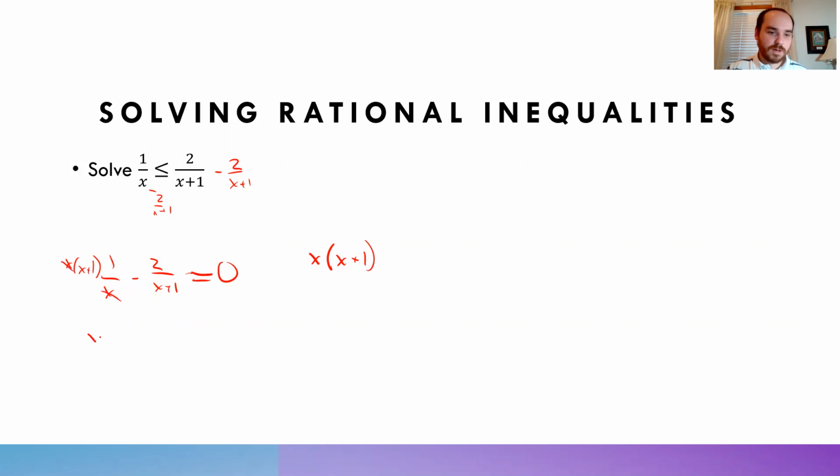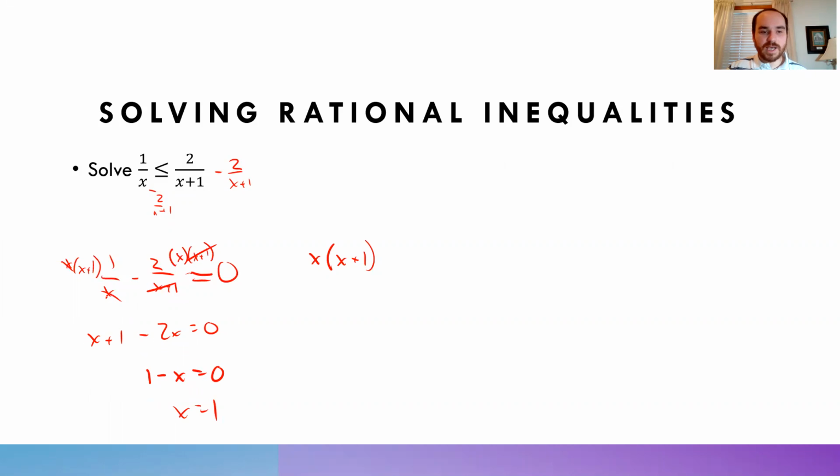X's cancel. X plus 1 minus, and this time we're going to use x plus 1. The x plus 1's cancel, so we have 2x equals 0. X plus 1 minus 2x, that simplifies to 1 minus x. Right? We have a positive x, we have negative 2x, that's negative x equals 0. So in this case, since we didn't have a denominator when we actually solve these out, we get that x equals 1 as our